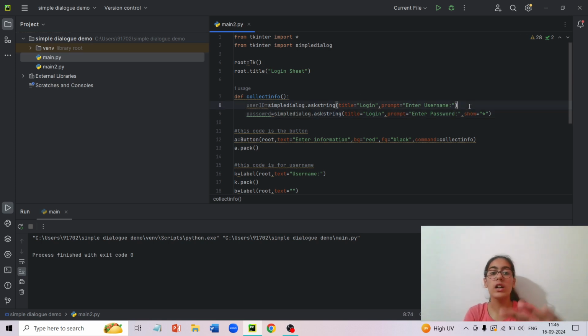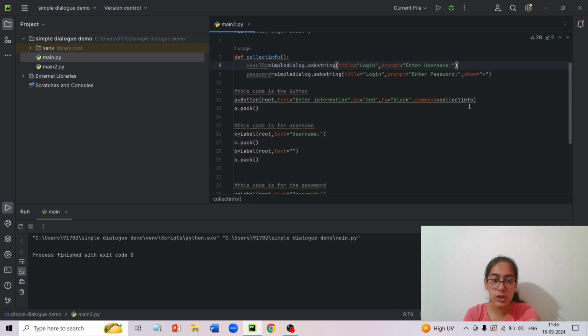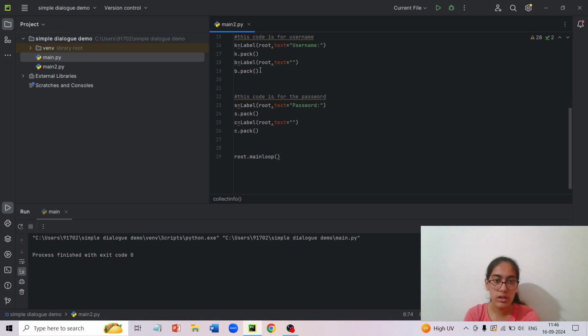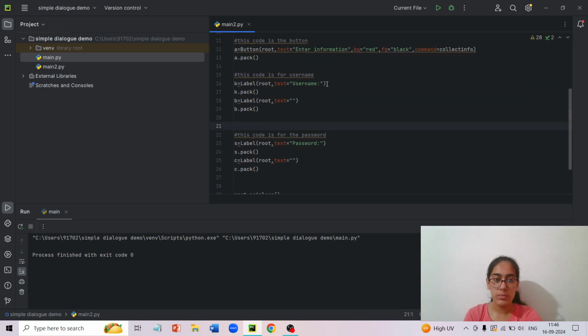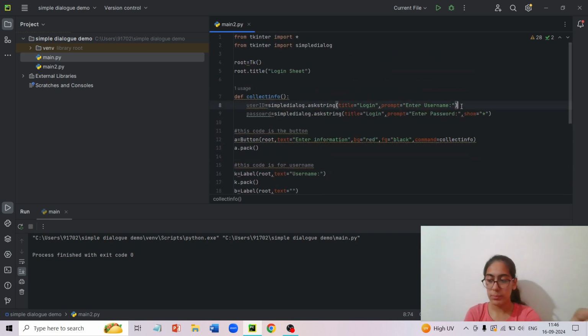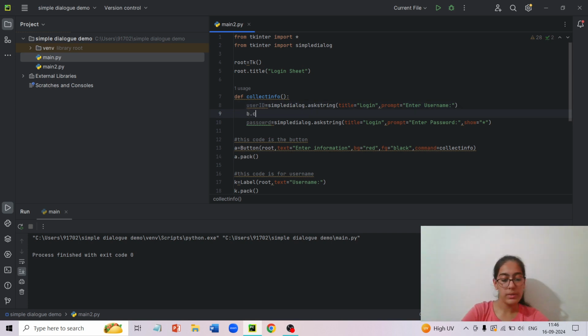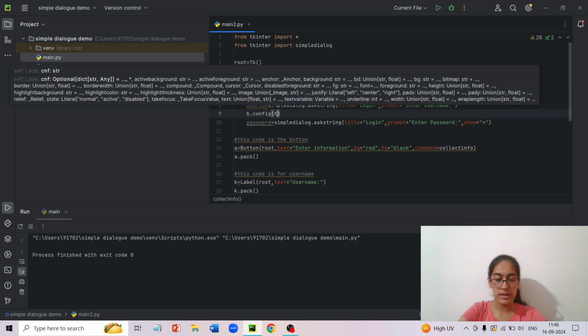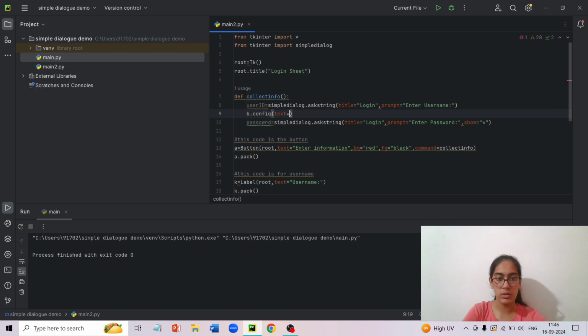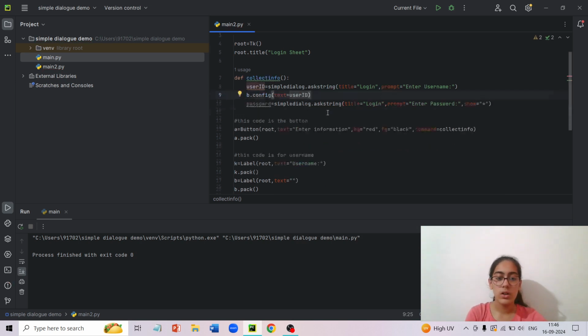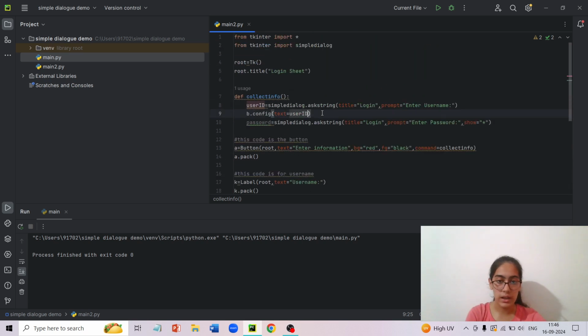Now I need to configure this user ID into my label over here, which is B. So I will be simply putting it as b.config bracket text equals to user ID. Similarly, I will also configure C, which is the password label.